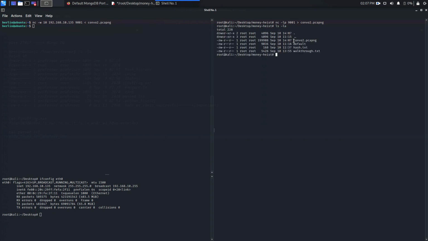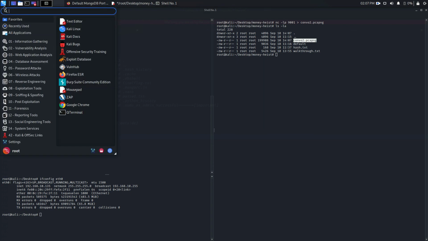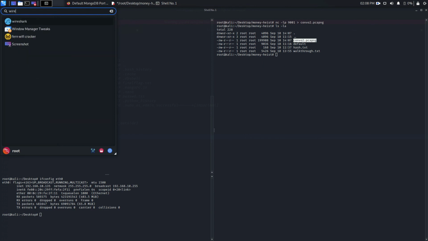So we got the file. This is the file. So this is also your homework. You can do this on Wireshark,